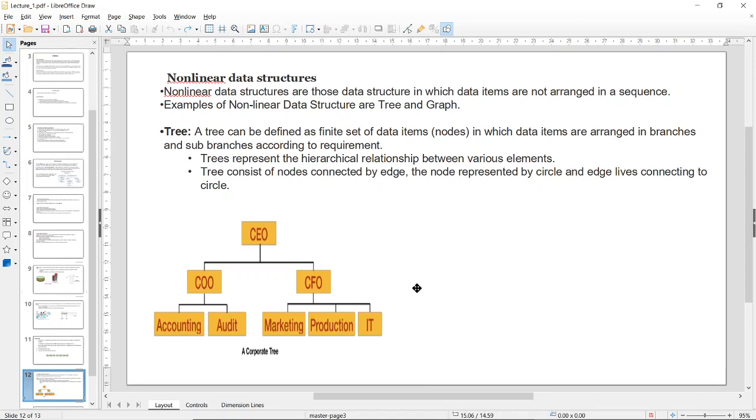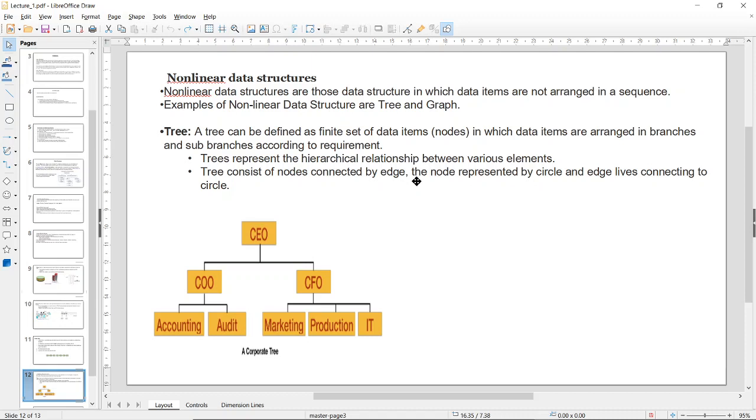For example, in a company, the CEO is at the top, he's the senior of everyone, and next we see the COO and the CFO. Now, these people, COO and CFO, are below the CEO. So, he is their senior and this is the hierarchy. Okay, every company has a hierarchy of positions. Okay, so trees represent that easily.